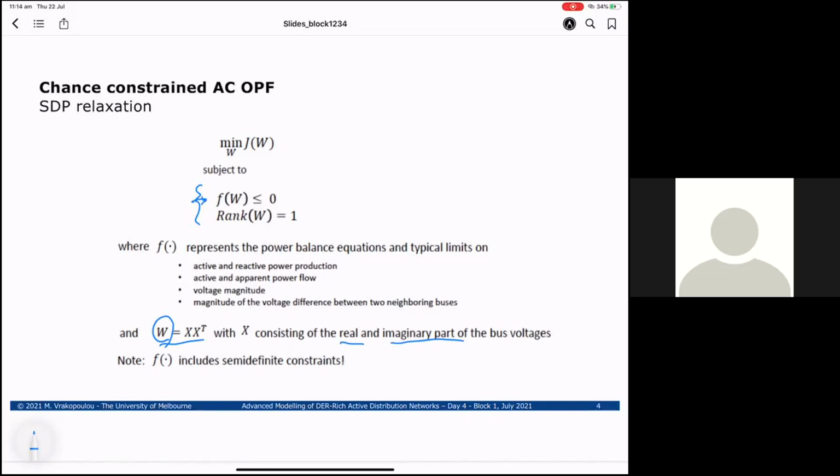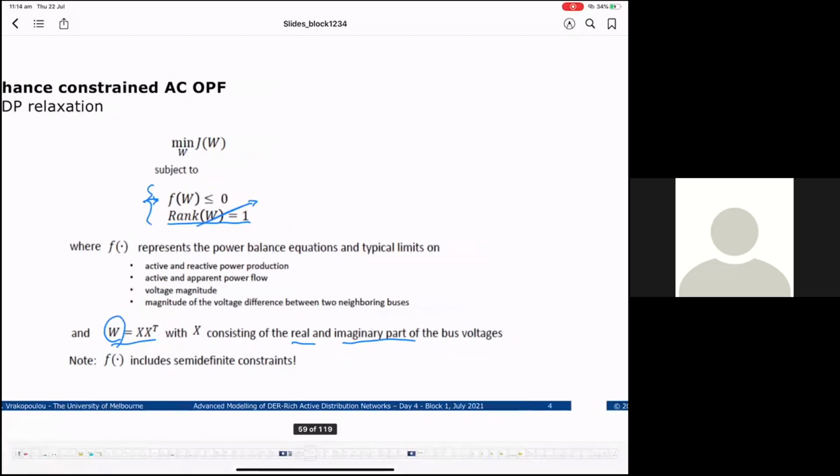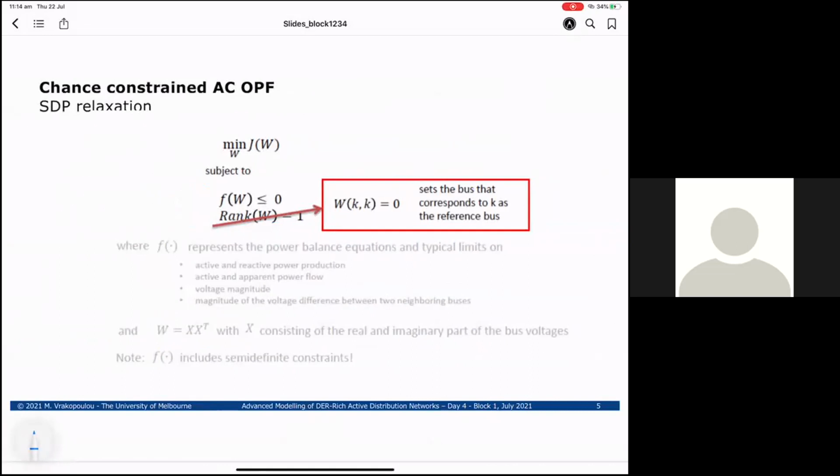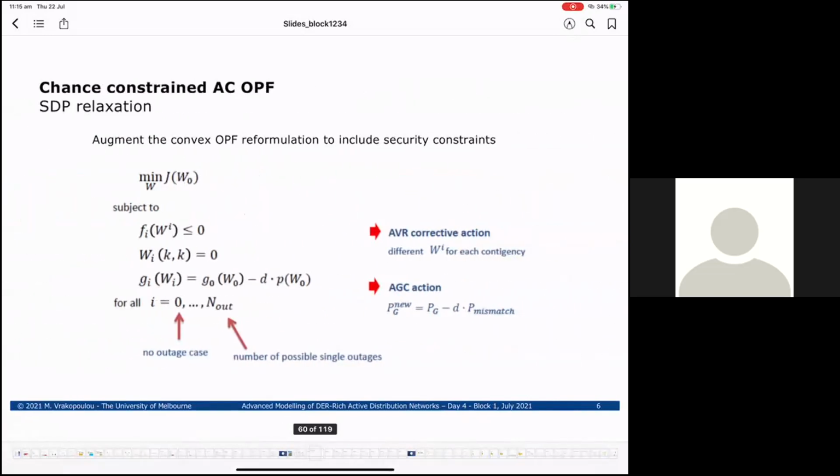But in the end, there is the issue that there is one rank 1 constraint over here that we don't like so much. It creates the non-convexity in the problem. But if we take this out and also put that the W for a specific bus is 0, that corresponds to the reference of a specific bus, then we are able to have a relaxed problem, and it's convex at this point. We have this extra specification of the reference angle that we are putting over here,